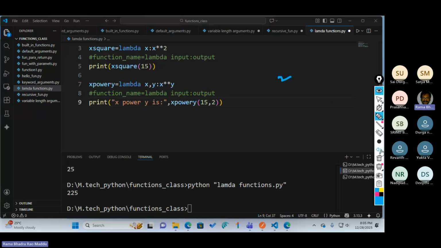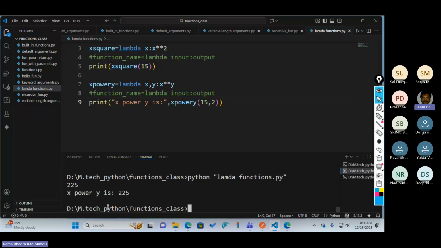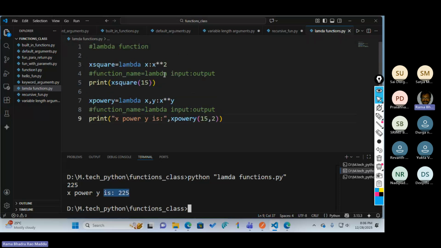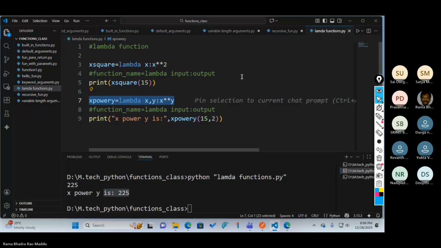So you get 225 here. The same program I wrote with one argument, and now with two arguments. These are all about functions in Python.